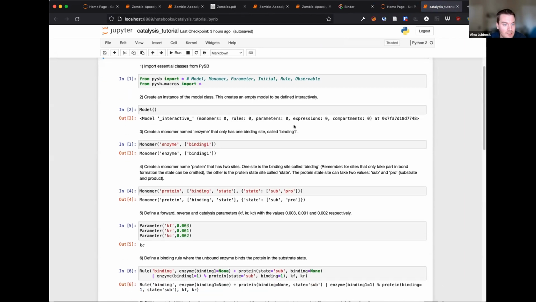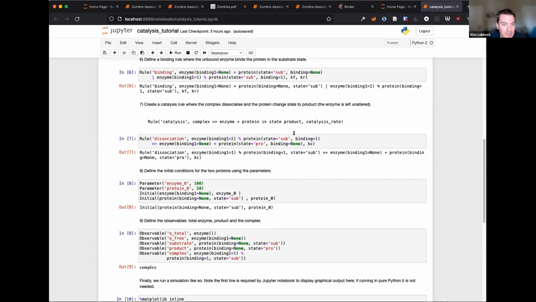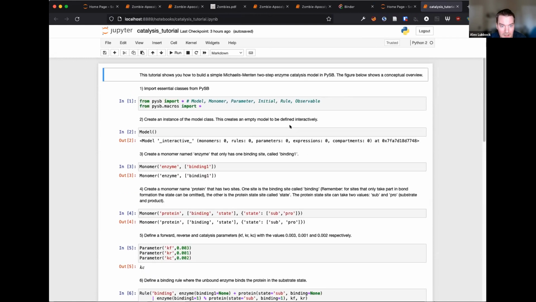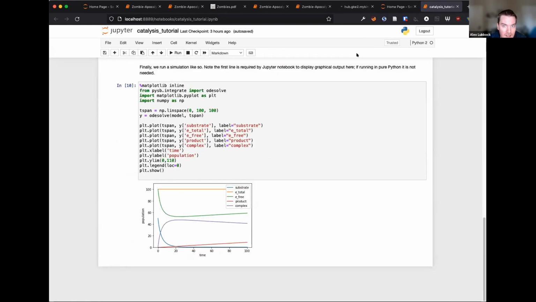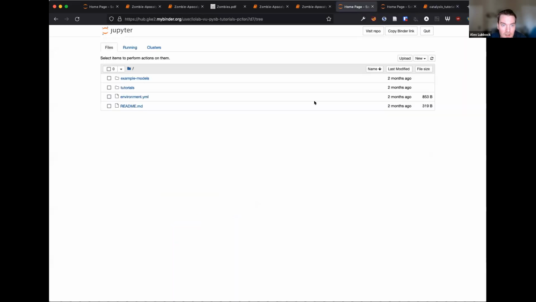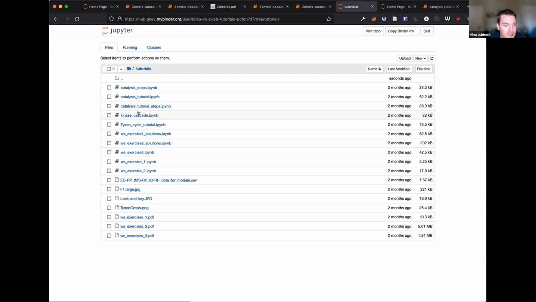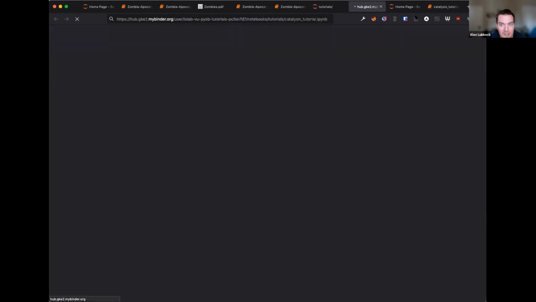So there's one example here. There's this catalysis model. I mentioned this Michaelis-Menten. I won't step through this in detail, but you can see this is one of the examples. If you click, yeah, it's loaded now. So there's example models and tutorials. This is actually a tutorial that we've done in different contexts. So if you go into tutorials and then the catalysis tutorial,